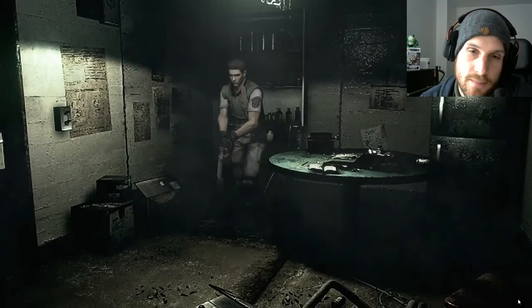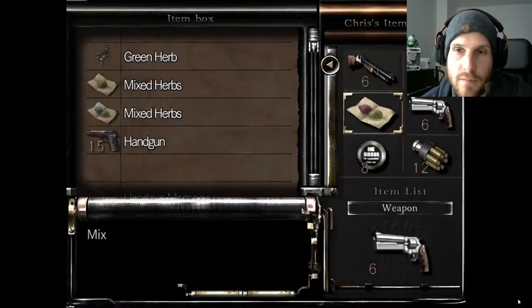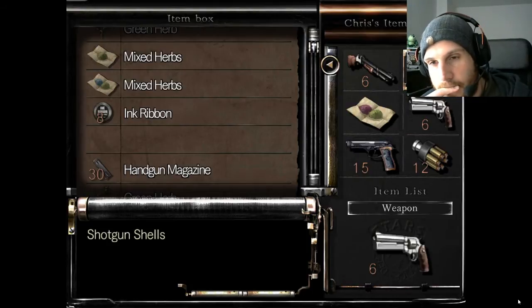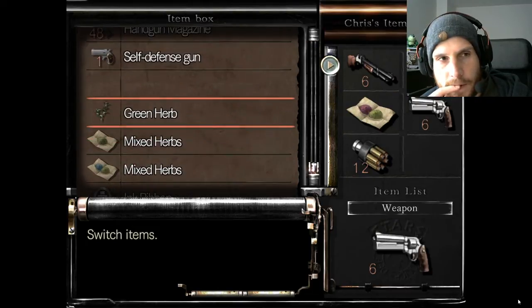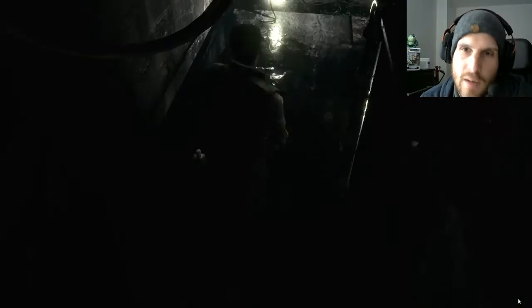Okay, so I think we need an inventory slot. Well, I don't want a handgun. It's time to take more health. It's not, we've just saved. Let's see how that goes. We've got one healing thing. We've taken very little damage this run through, so...